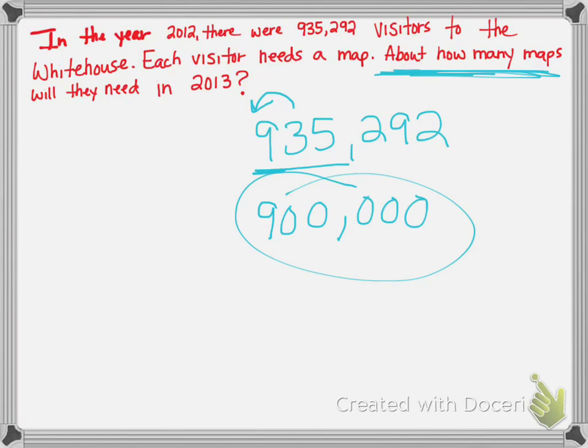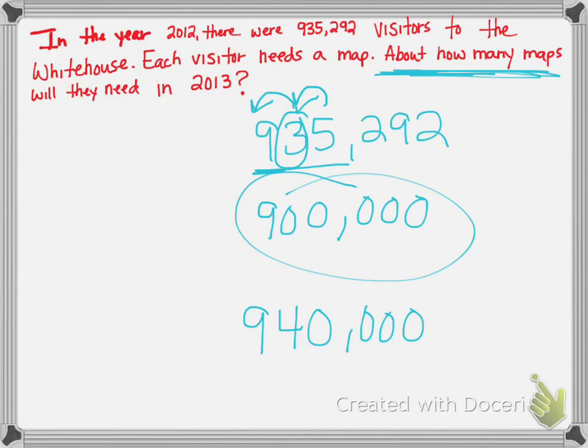So what happens if I round to the nearest 10,000s place instead? That 5 would tell that 3 to bump up. So that would become 940,000. Now, what do you think, guys? Is that a decent number that we could tell them? Would they have enough maps if their number increased? And hopefully you're saying yes, because